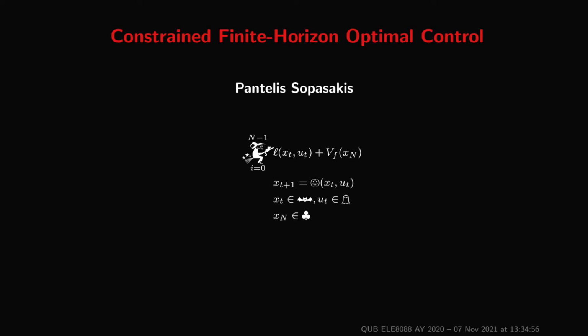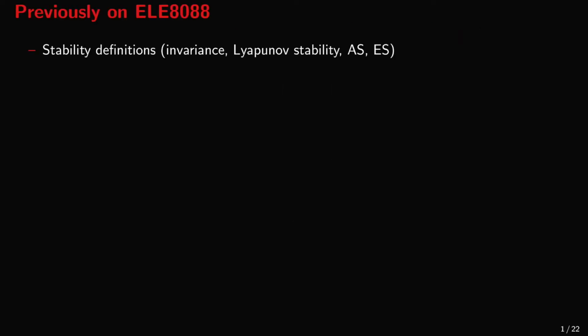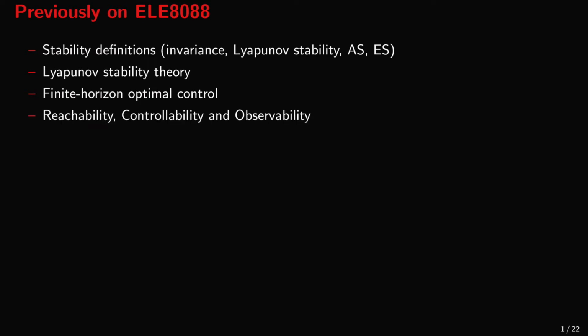Welcome to this video lecture on constrained finite horizon optimal control. So far we've talked about stability, invariance and Lyapunov stability theory. We've studied finite horizon linear quadratic optimal control problems. We've introduced the concepts of reachability, controllability, stabilizability and observability. And we've used the dynamic programming method both to solve finite horizon problems and to make sense of infinite horizon